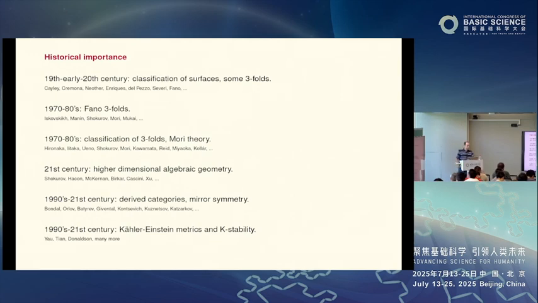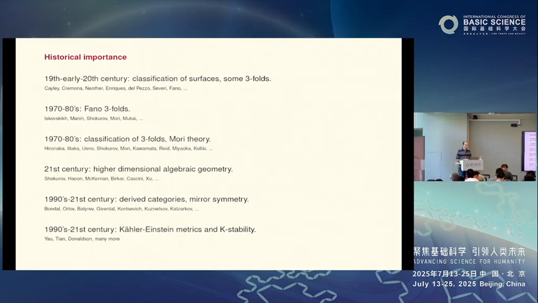Now, Fano varieties are not important only in modern mathematics, but in fact they have been really central in the history of mathematics. Well, first of all, if you go back to ancient times, they were studying degree 1 and degree 2 spaces, which happen to be Fano varieties. So in some sense, you could say the Greeks, at least the kind of geometry that was related to equations, were basically about Fano varieties.